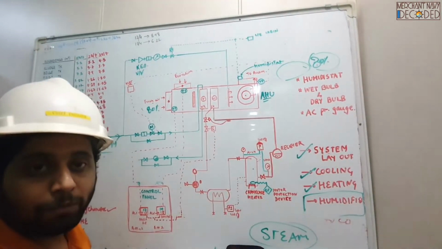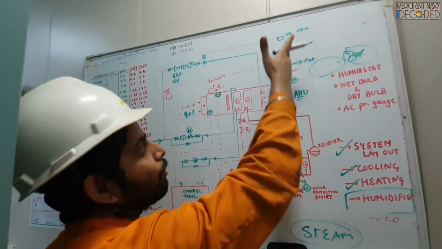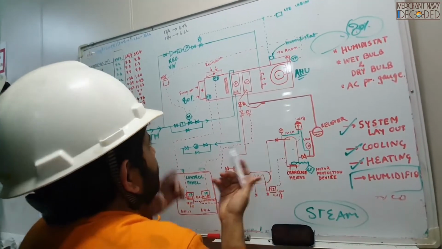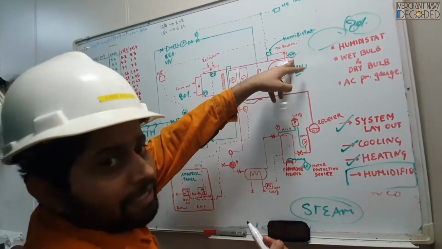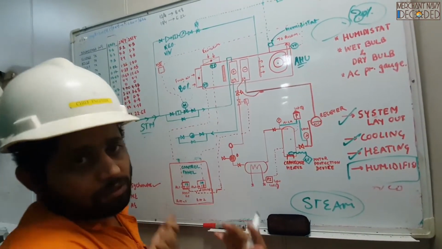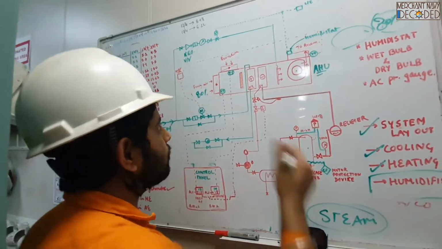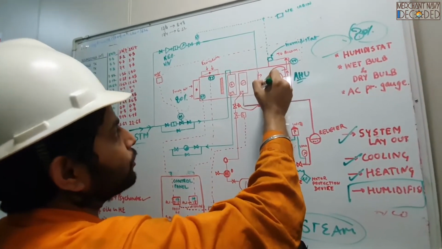And many people will be thinking, sir, this steam coming will heat the outlet air which is going to your cabin. Yes, then in that case this temperature sensor will sense the temperature is increasing. It will tell this valve to shut more. Accordingly it will happen. All is automation, guys. This is all automation, right? So this is your humidifier working.